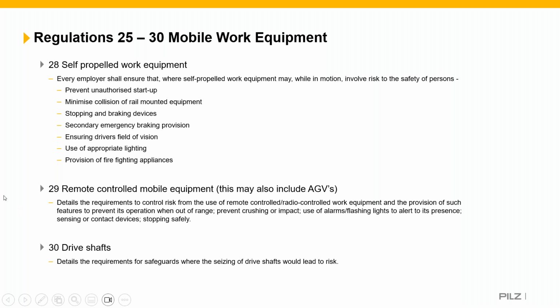Regulation 30 looks specifically at drive shafts. Where the seizure of a drive shaft between mobile work equipment and its accessories, or anything towed by it, is likely to involve risk, then we need to ensure that the work equipment has a means of preventing that seizure, or where we can't, then we try and avoid it as much as possible by, for example, if a drive shaft, whilst it becomes detached from the actual